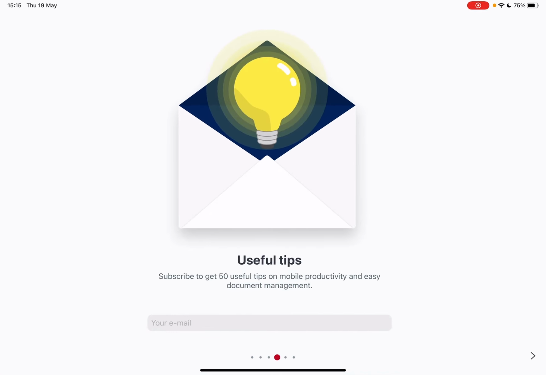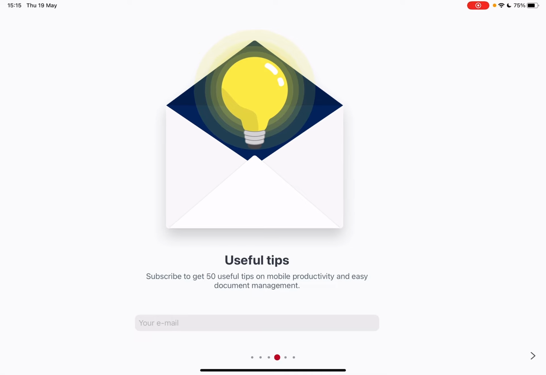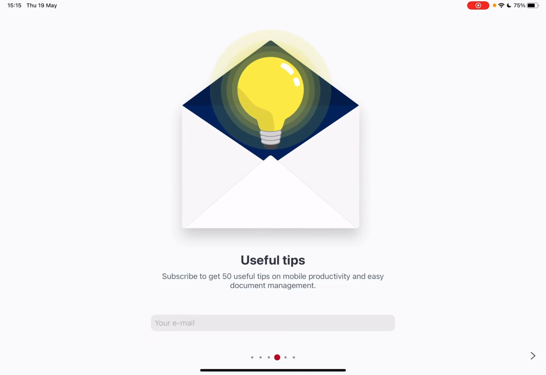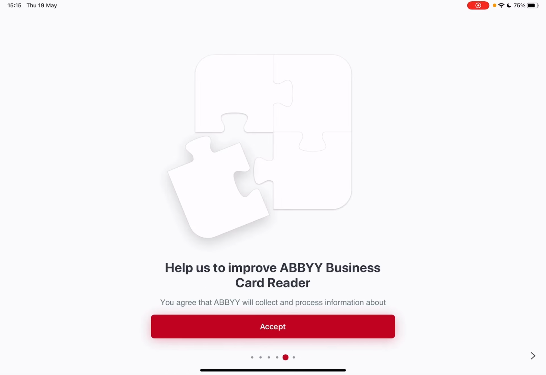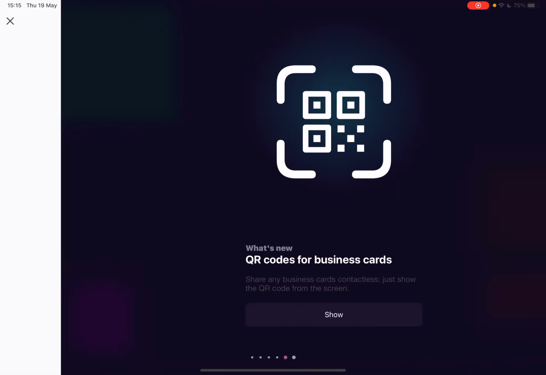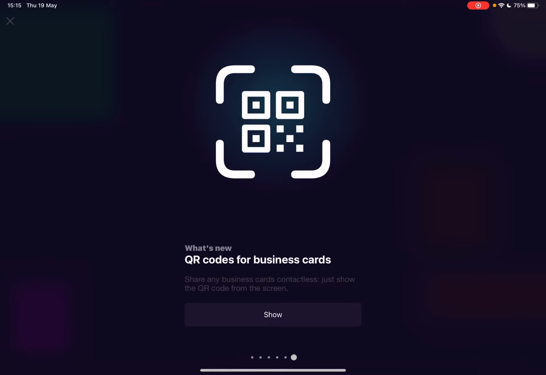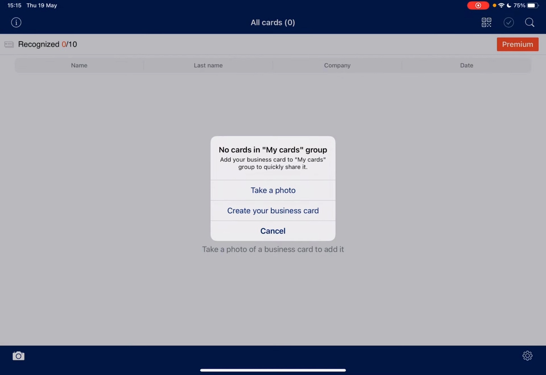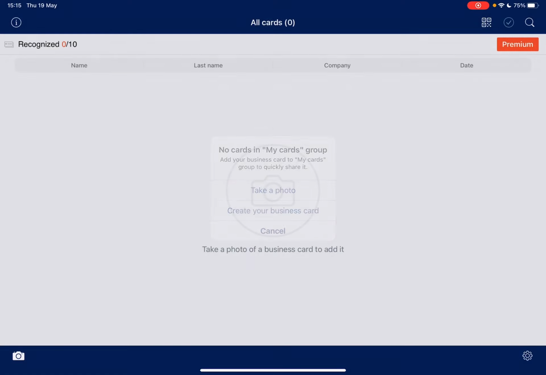You can also sign up to their email newsletter to get 50 useful tips on mobile productivity and easy document management. Help us to improve ABBYY's, okay, and you just have to tap on show and your app is already open. And when you want to scan a business card, you just have to tap on take a photo,